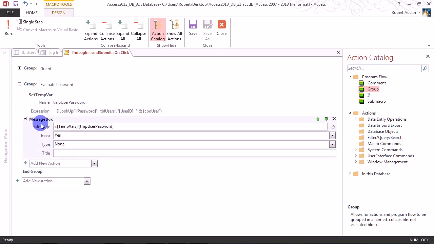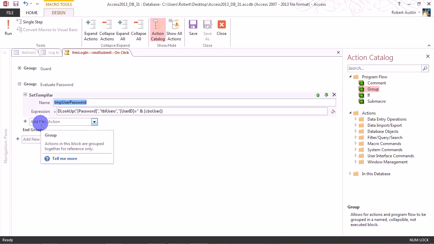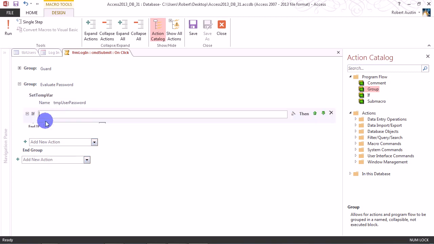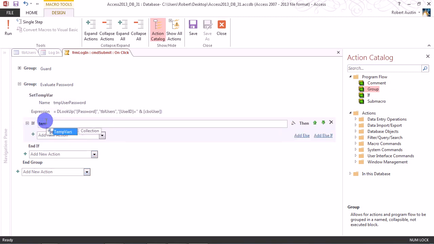Let's get rid of the message box. So now we've got the temporary variable, which is temp user password. So that's the password stored in the table. And what we want to do is compare it against the password data supplied. So we'll say if temp vars tmp user password equals txt password, so that means they're the same,